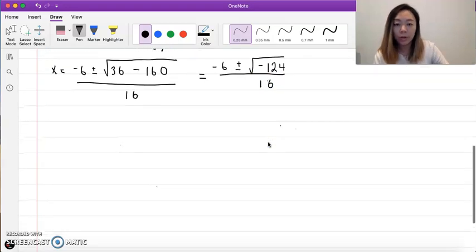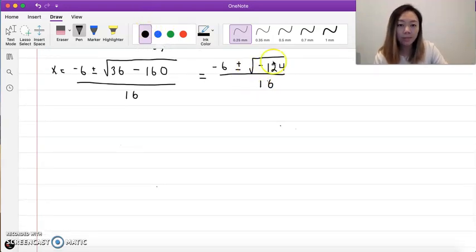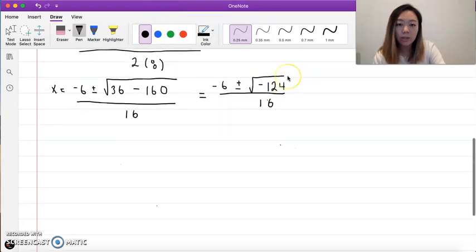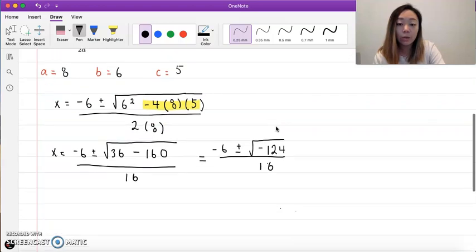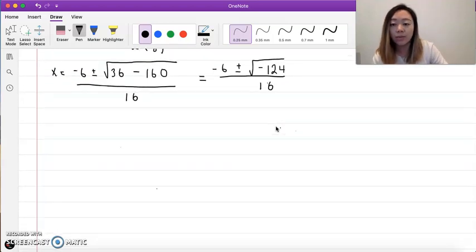So then from here, what we're going to do is we have a negative number inside the square root. So that's like what we saw in the beginning when you had a negative 4. We're going to go ahead and do the exact same thing as we did in the previous example. So then what you get is x is equal to negative 6 plus or minus the square root of negative